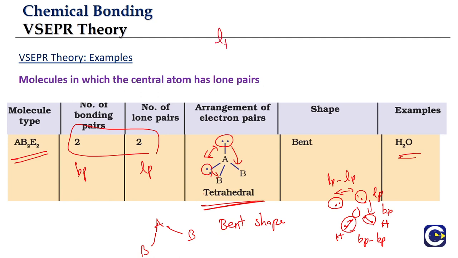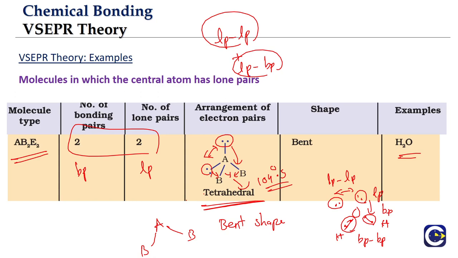So the cumulative effect of lone pair repulsions and lone pair-bond pair repulsions will push the bond pair of electrons to come very much closer. In fact, the bond angle in case of water is 104.5 degrees. It will be less than the ammonia bond angle. In case of ammonia, what did we have? We had only the lone pair-bond pair repulsions dominating over bond pair. Here, what are we having? Cumulative effect: lone pair repulsions and lone pair-bond pair repulsions.